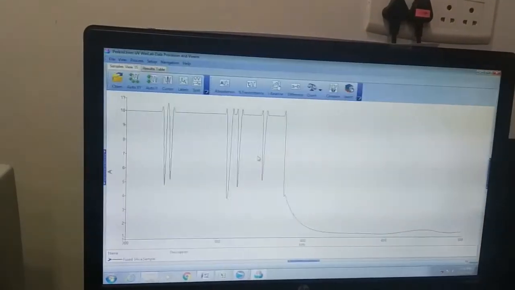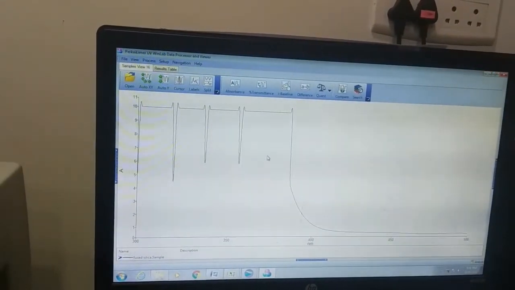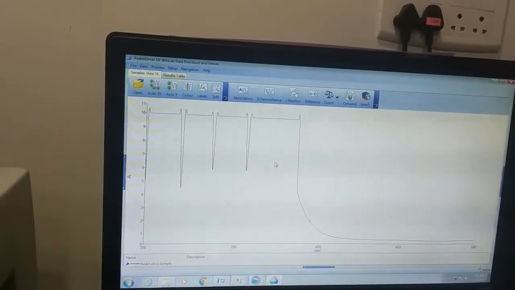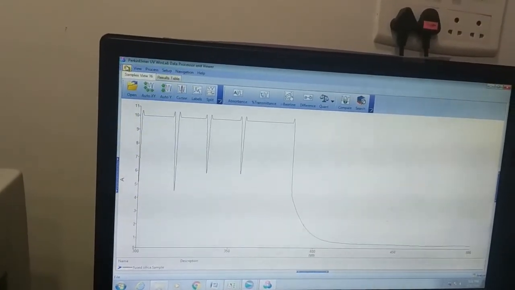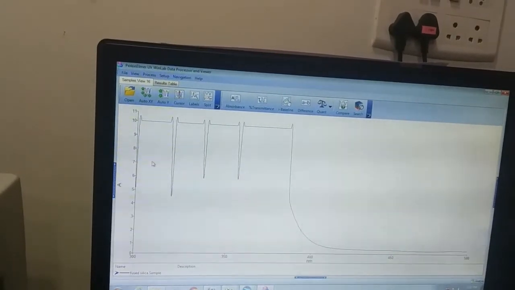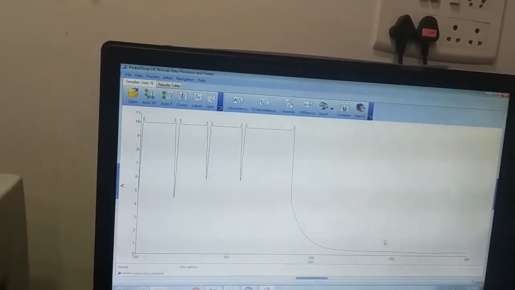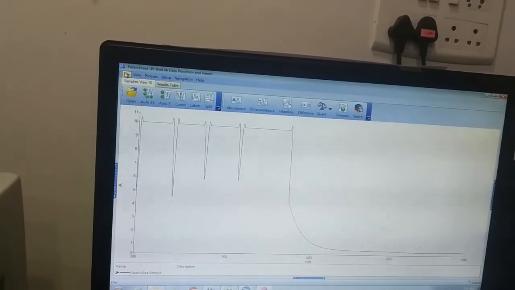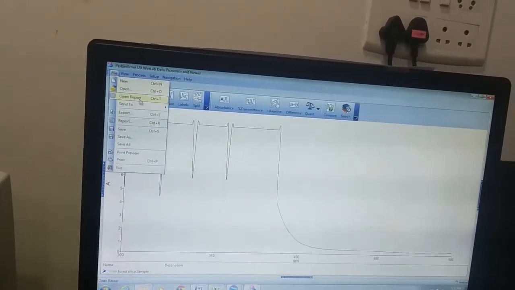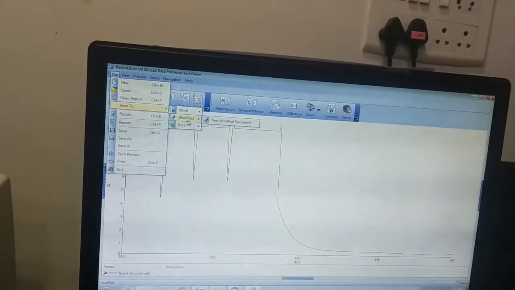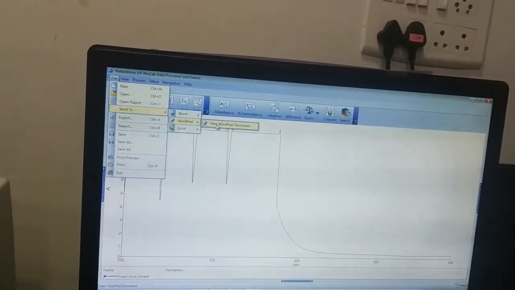Actually, this software is used only to take the data and graphs. This is the absorbance graph for different wavelength. Then click file, then WordPad, then new WordPad document.